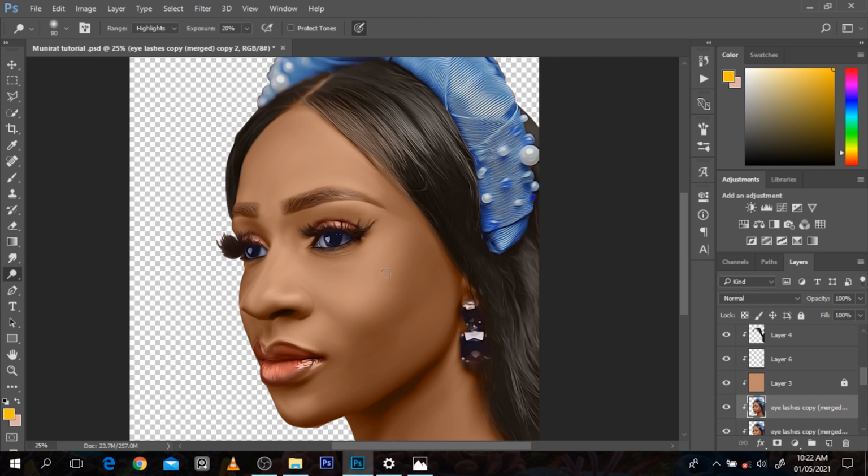Now for the highlights, now I'm going to choose the highlights. Then I'll come over here. I'll make the highlights 20, the exposure. Now watch what I want to do. Highlights usually the icing on the cake. Before we do the highlights, let's go to the midtones. And for the midtones, I'll add this light here. See, I made it 20. I'll add the light here. Then on the